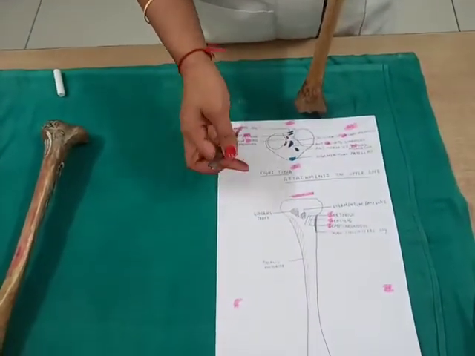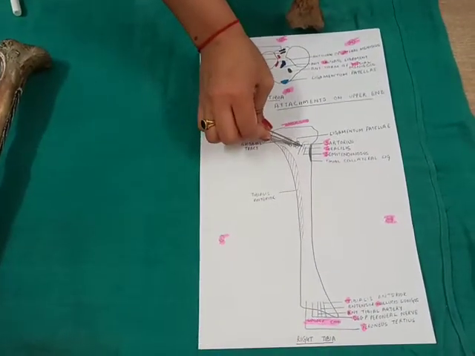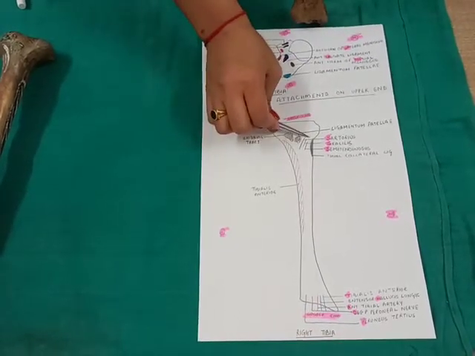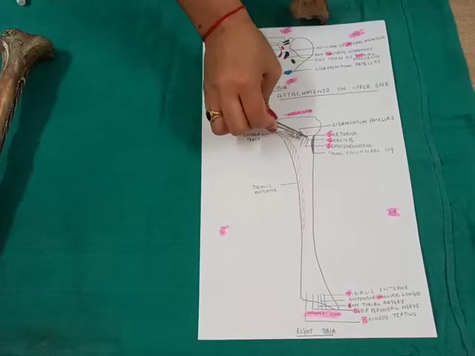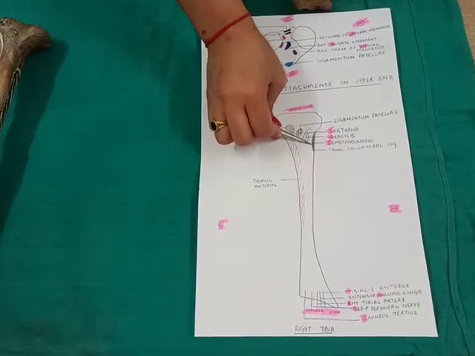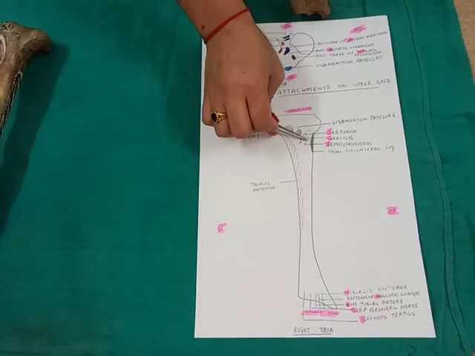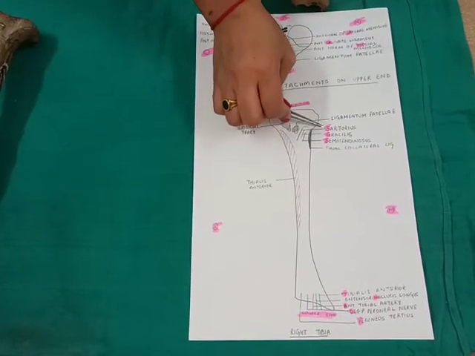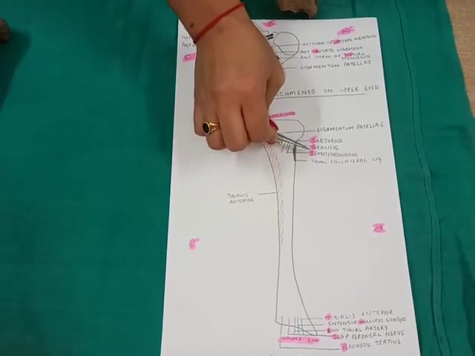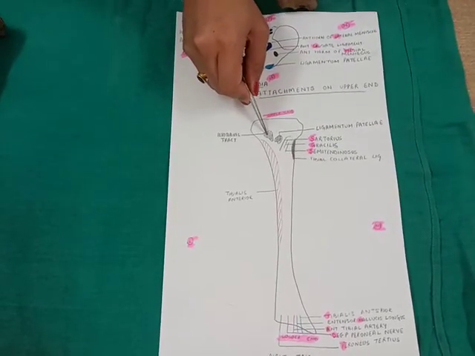As I have told you for the other muscles attached in the upper part, onto the medial side there was attachment of the sartorius muscle anteriorly, then gracilis and semitendinosus, and more posteriorly the tibial collateral ligament. So you can also remember these muscles of the different compartments of the thigh by the mnemonic girl between two sardarchi, that is sartorius, gracilis and semitendinosus. Other attachments I have told you, Gerdy's tubercle has got iliotibial